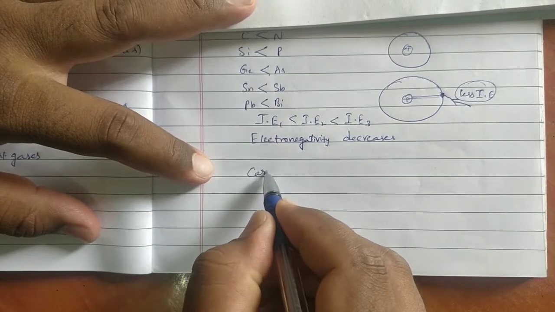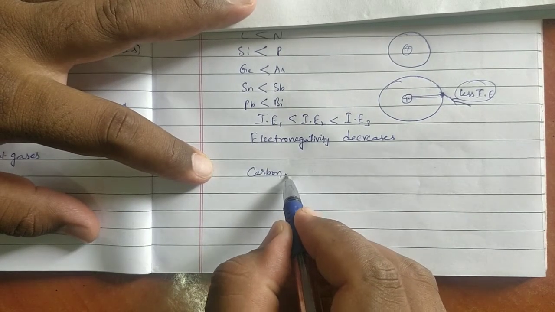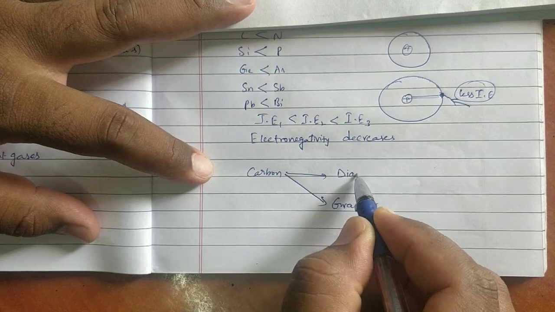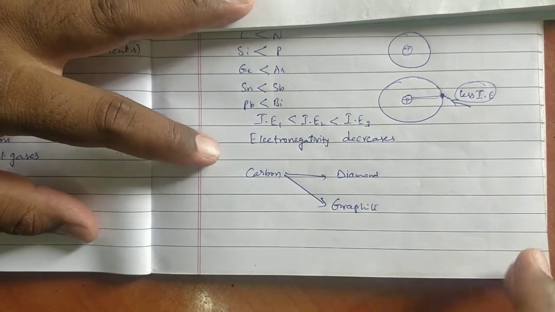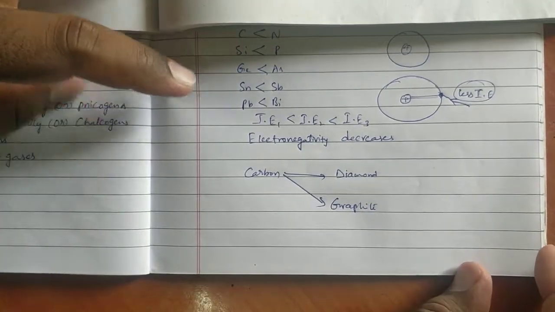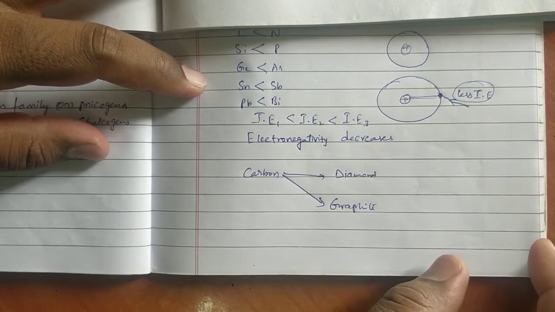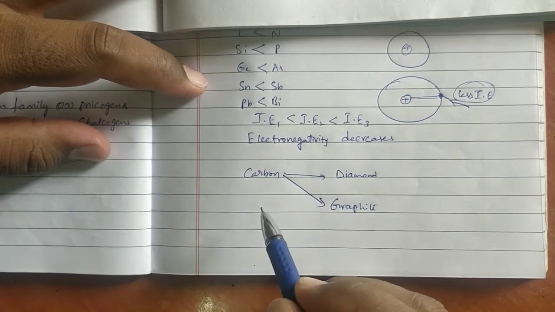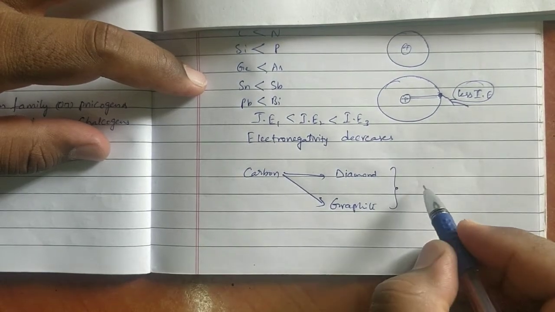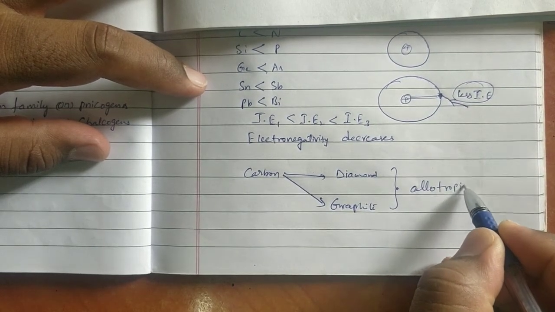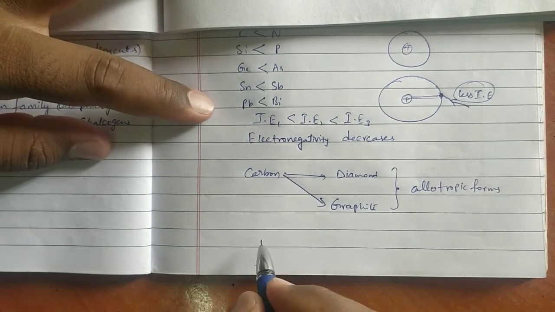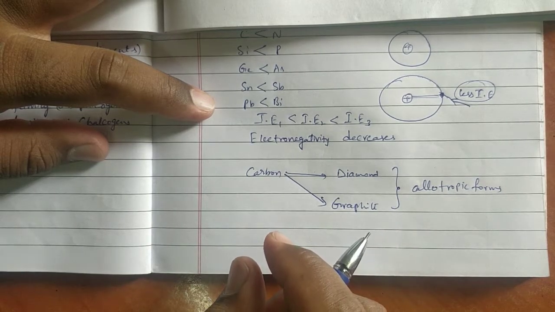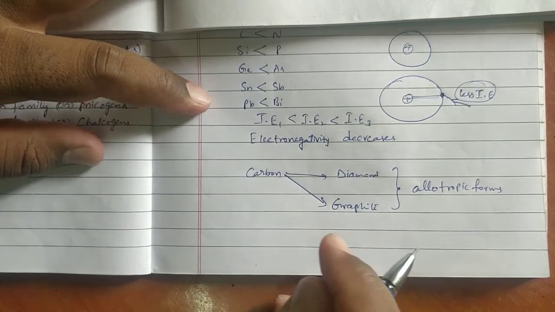Example, you have carbon. Carbon exists in different allotropic forms: graphite, diamond, Buckminster fullerenes. In diamond, graphite and Buckminster fullerenes, you have atoms of carbon only, but they differ in arrangement of atoms. That property is called allotropy, and those forms are called allotropic forms. Phosphorus has 2 allotropic forms, white phosphorus and red phosphorus. But except nitrogen, all the elements show allotropy. That is the point they give.